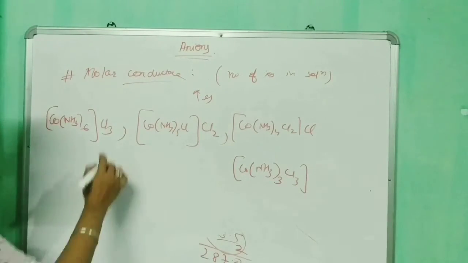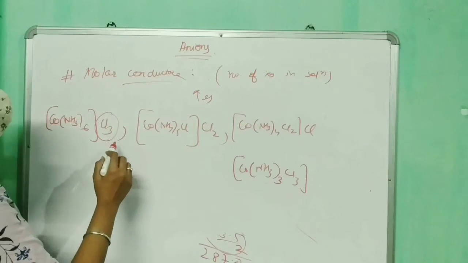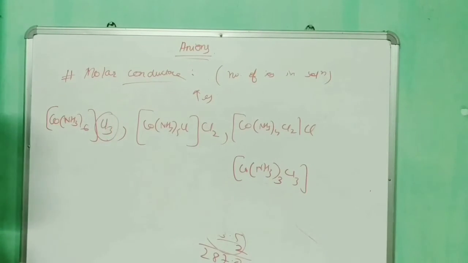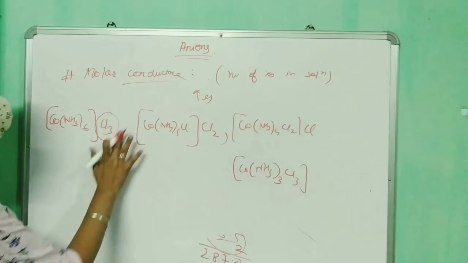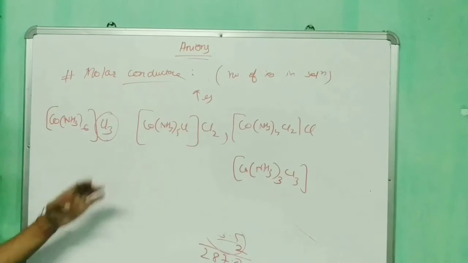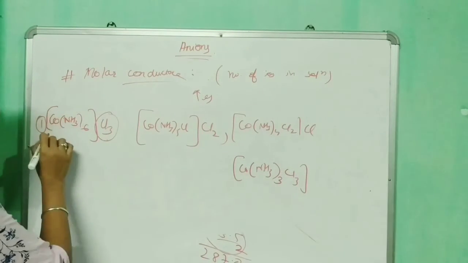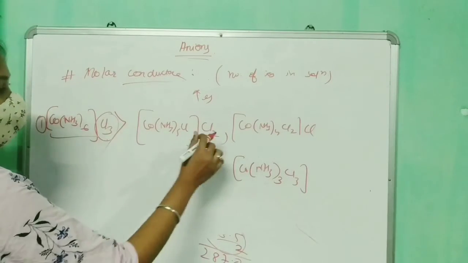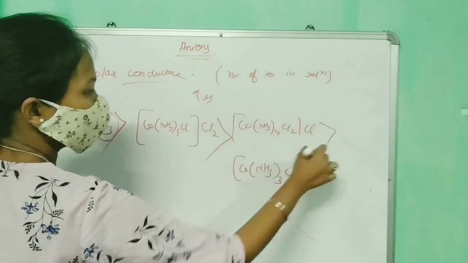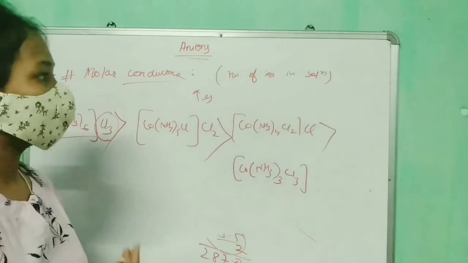In the first complex there are 3 ionizable anions, so the most number of ions will be found in the solution. Therefore molar conductivity is greater. We can put this sign over here. So these were the 2 evidences